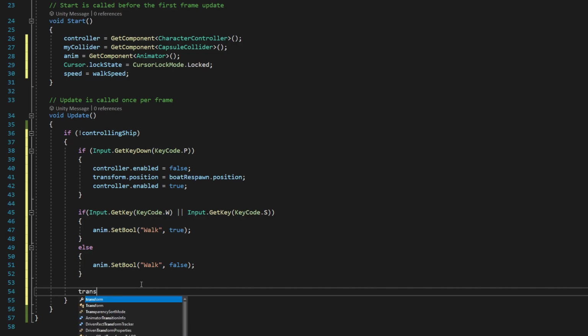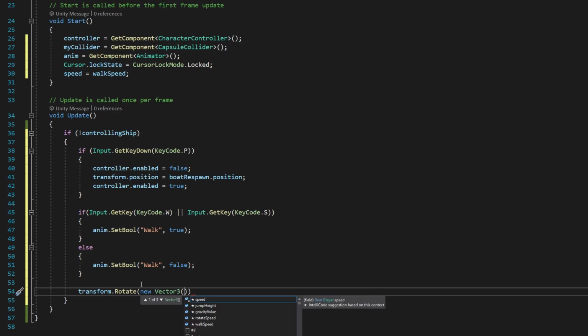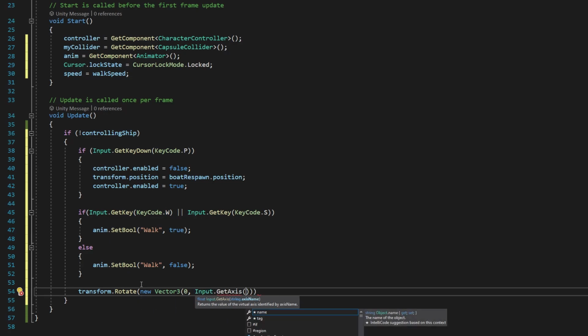Next, what we want to do is add our code to move our camera when we move the mouse. So we're going to say transform.Rotate new Vector3. If you remember from a couple steps ago, we want to use a new Vector3 because we are creating a vector here. We're going to say new Vector3, and inside its parentheses, we'll say 0, comma, input.GetAxis, and then parentheses, and then inside quotation marks we say Mouse X, and then we use the arrow keys to get outside of our parentheses there, and we add another comma, and then we say comma space 0,